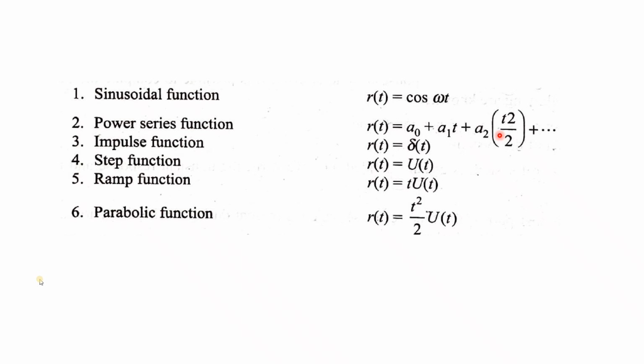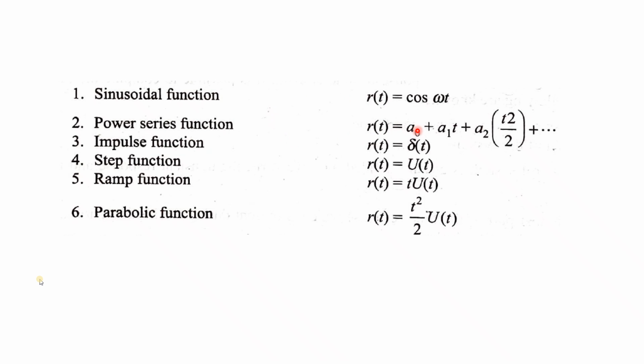Okay. Number one is sinusoidal function. We all know sinusoidal function. So r cos theta or r sin theta, sinusoidal or cosinusoidal, whatever. Cos means nothing but it is cosinusoidal. That means there is a phase difference of 90 degree. So it is just referred to as cos omega t or sin omega t. And r(t) is the input signal in time domain.